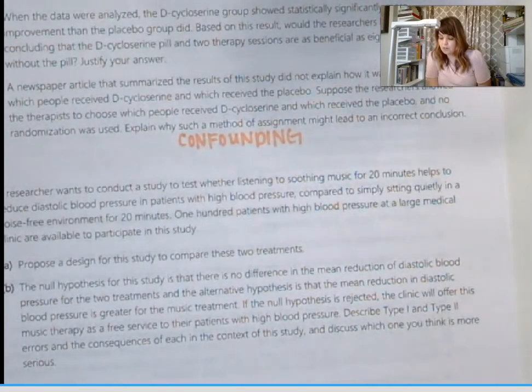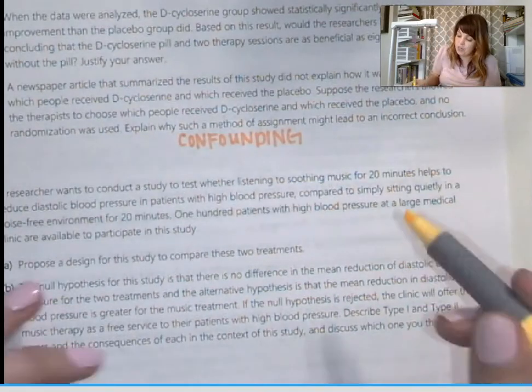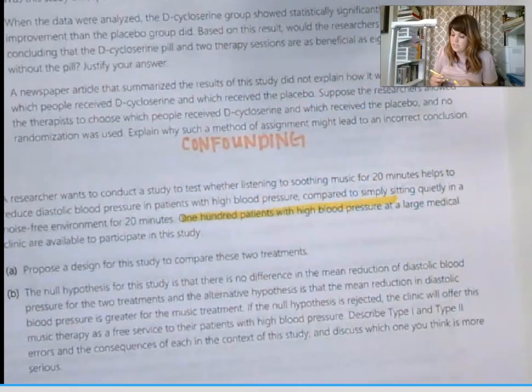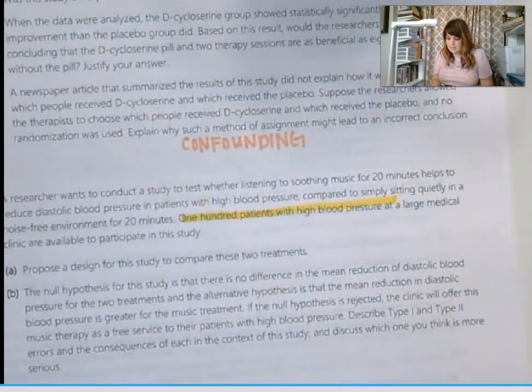This is compared to simply sitting quietly in a noise-free environment for 20 minutes. 100 patients with high blood pressure at a large medical facility agreed to participate in this study. So we know these 100 people have high blood pressure. Half of them are going to sit in a room and listen to soothing music, and then the other half